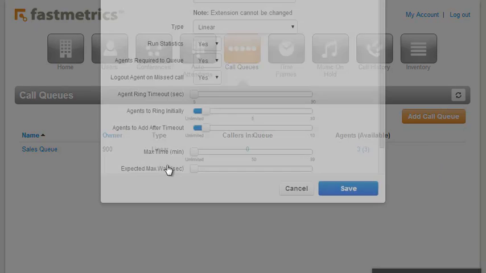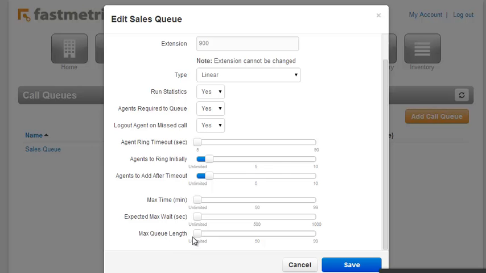And one last setting to go over here is the max queue length. If every one of your agents is on the phone, the queue starts getting added to. So if you want to keep your queue to a certain length, you can set it here. So what this means is everybody's on the phone. We're going to let 10 people sit in that queue. And then the 11th person that calls in, if there's 10 people still sitting there,